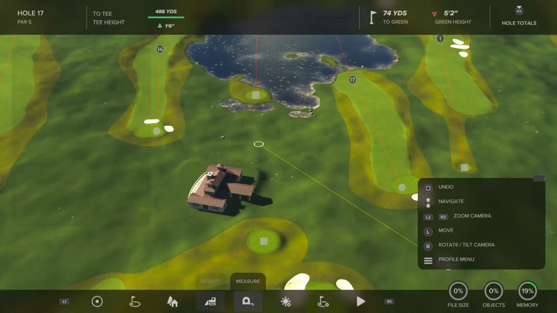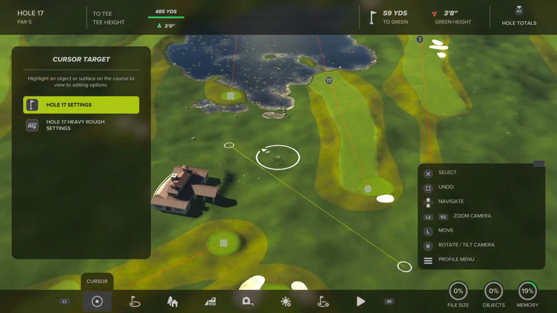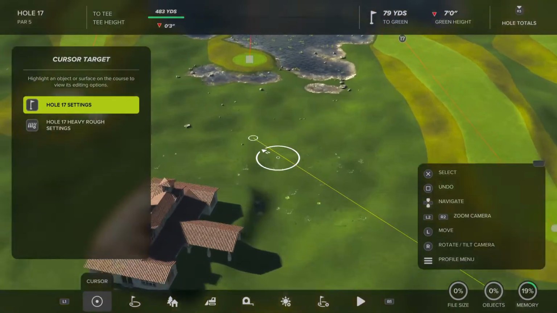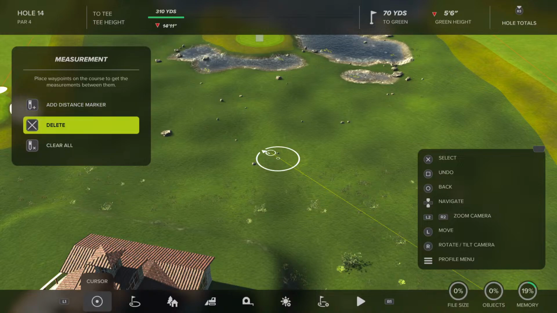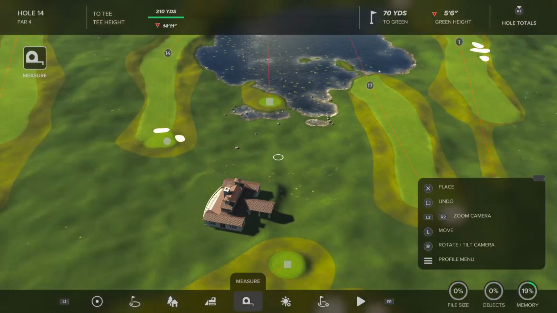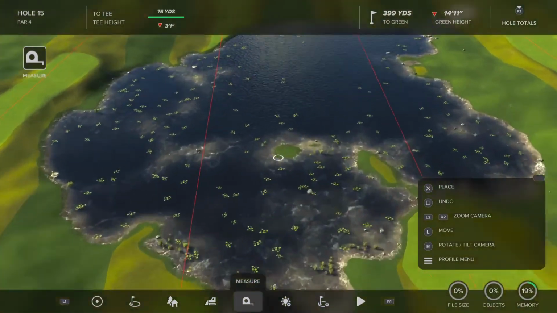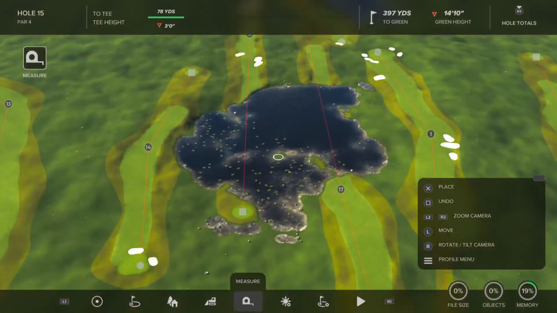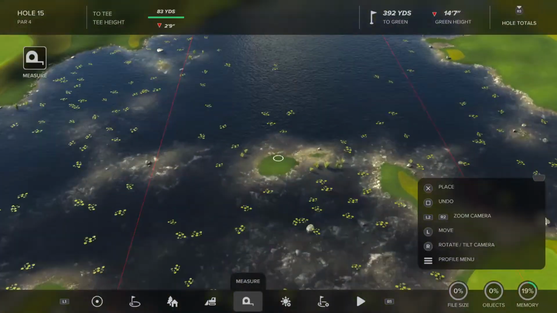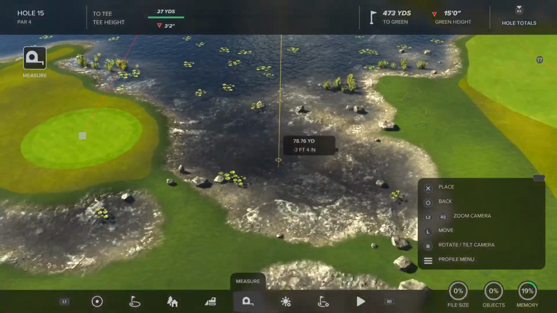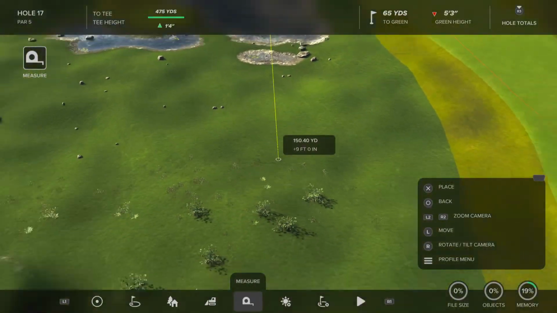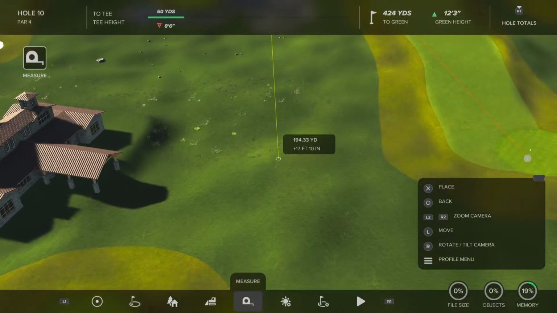Ooh. In fact, let's do this. Let's have a little fun. I'm going to go back to our cursor, go to our measurement point, and we're going to delete that measurement point. Go back to our measurement point. Suppose we want to put a green out in the middle of the lake. We don't want to put a green out here. So I'm going to click that and go backwards, because I know where I want it to end. But let's see how far. Let's make that a